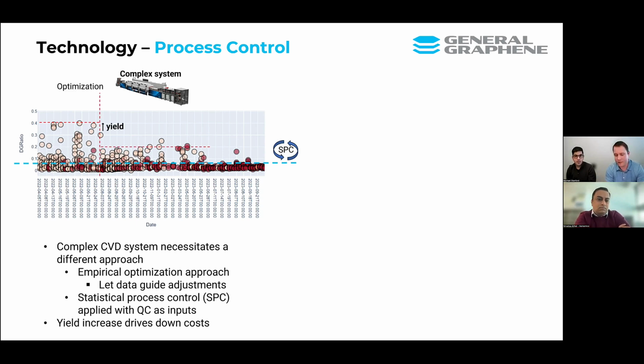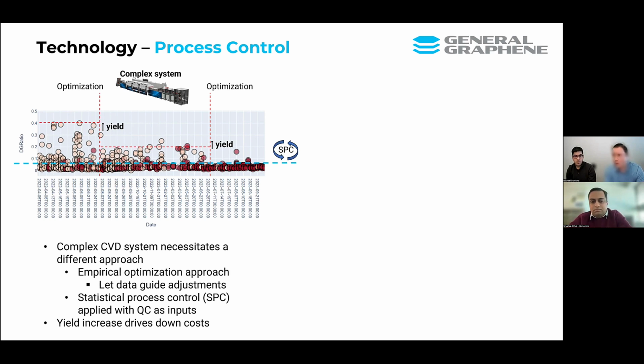We'll undergo some sort of R&D optimization event. And we start to see narrowing of our distribution of D to G ratios. What this means is that we're providing material now at a greater yield that meets our quality control metrics, as denoted by that blue dotted line there, which is our upper control limit for our process control. Additionally, you see another event where we've undergone optimization in our system. We see even more narrowing of our D to G ratio, so even fewer defects consistently with our material.